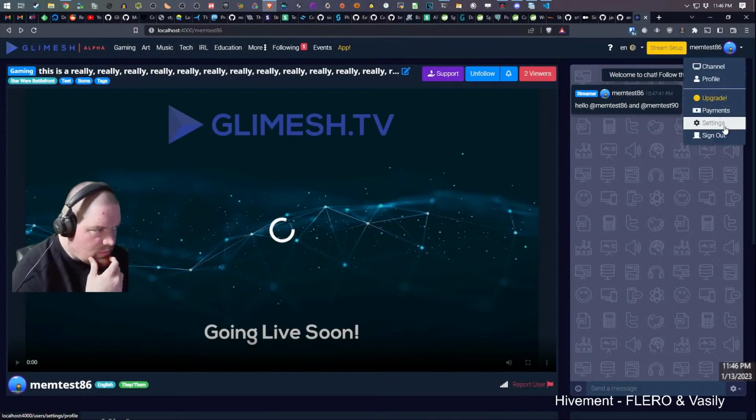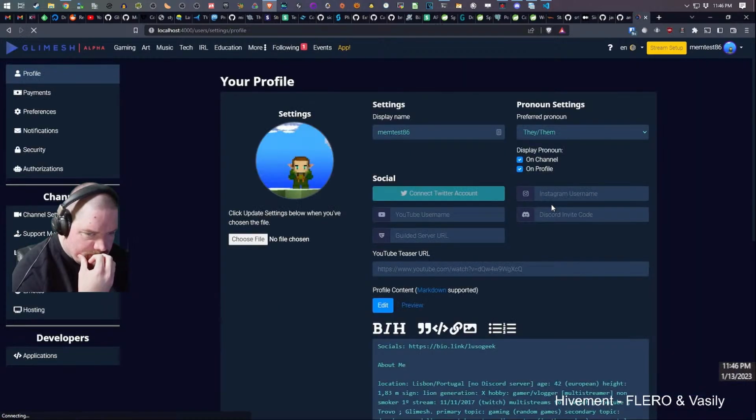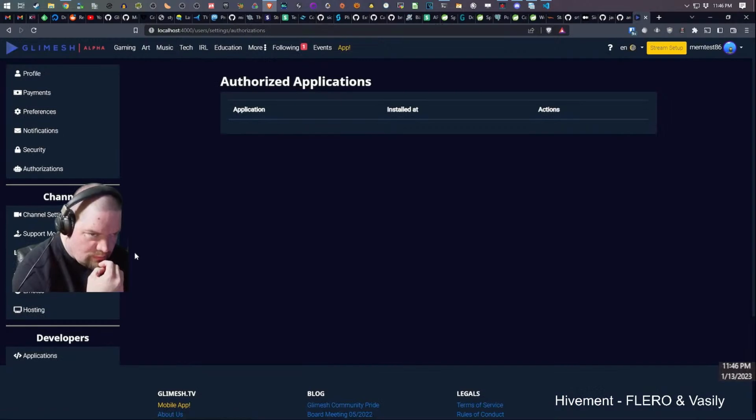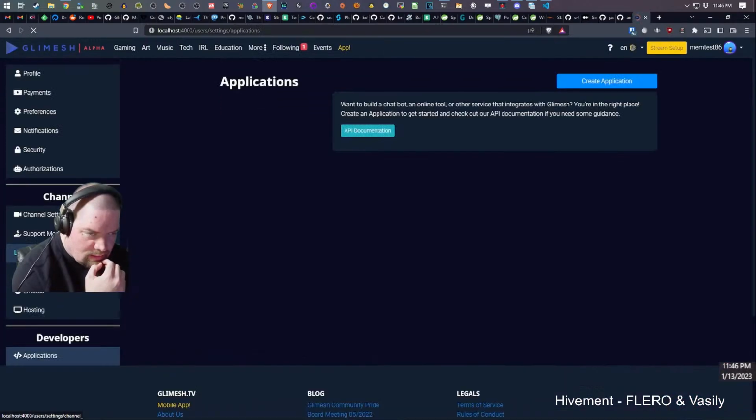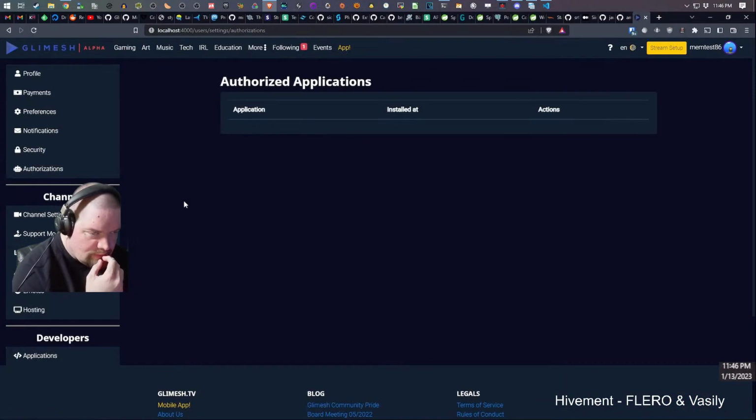So let's see. Settings, authorizations, or was it application? I think it was authorization. So the authorizations page, I think, isn't working.